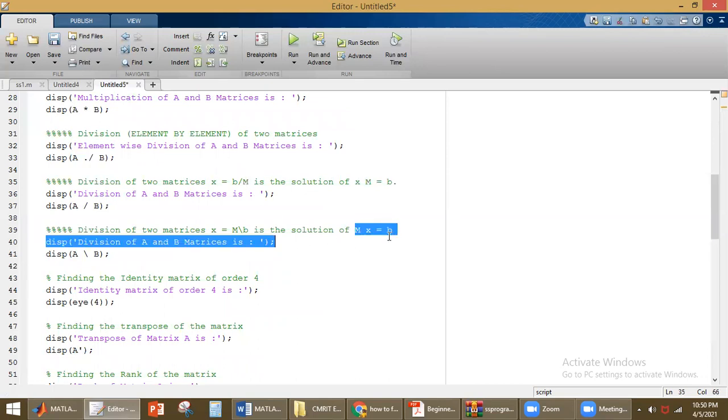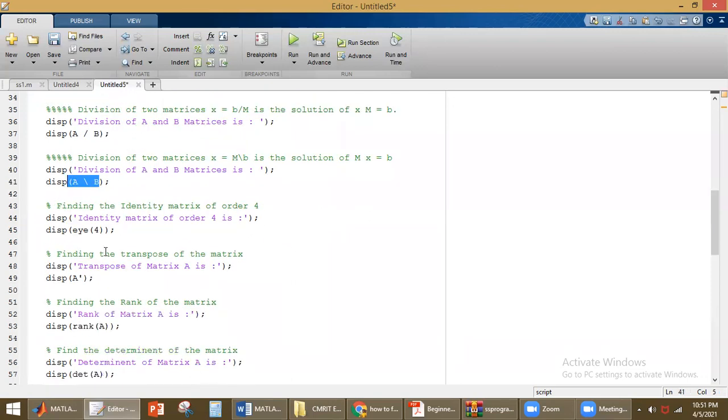Say the equation is given like this, mx is equal to b. In that case, if you want to find x, x is on the right side. That is why we are using right division. If x is on the left side, we have to use left division. So this is the difference between left division and right division.